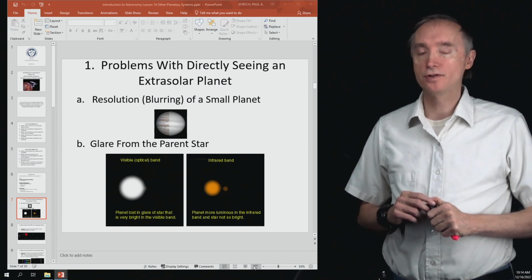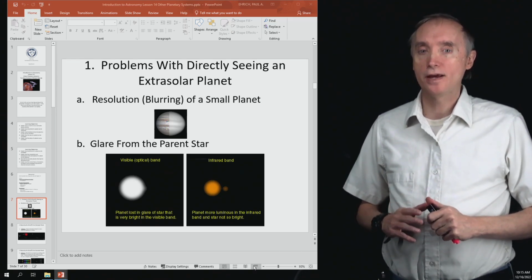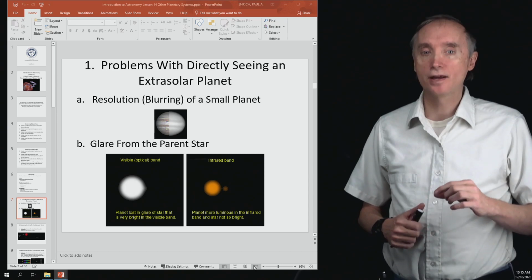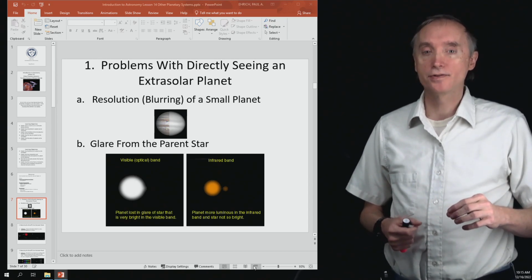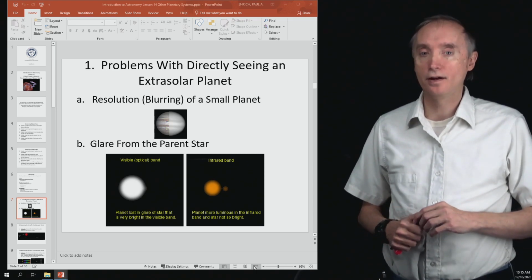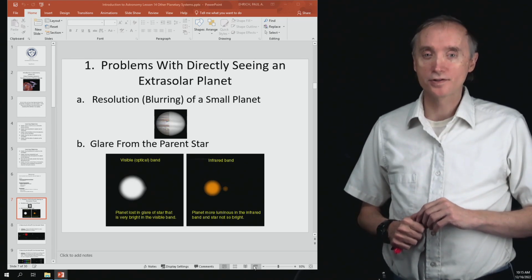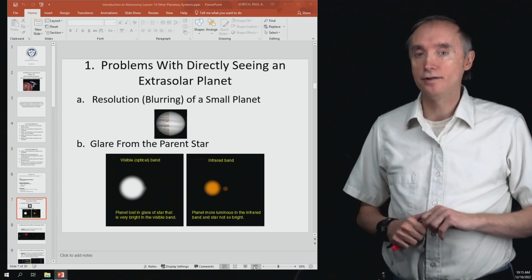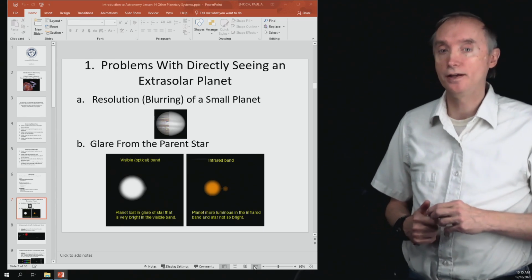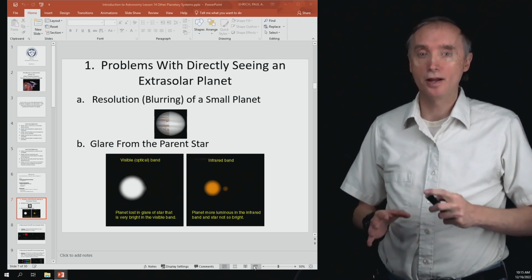Another problem is going to be the glare from the parent star. So I want you to imagine car headlights on full, and then imagine a firefly that is, let's say, 10 centimeters away from those headlights, and then let's say that you're located 100 meters away from the car, and then you're trying to look at the firefly. Well, it's going to be very difficult to see that firefly because of the glare of the headlights of the car. So similarly, it's going to be very difficult to see an extrasolar planet, a planet that is outside of our solar system,